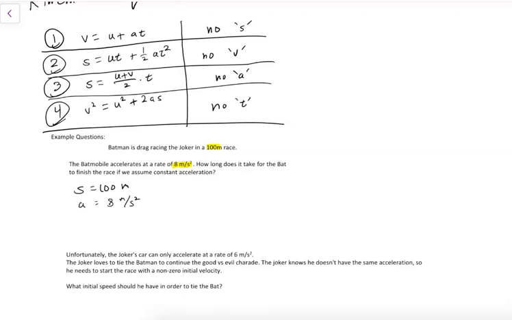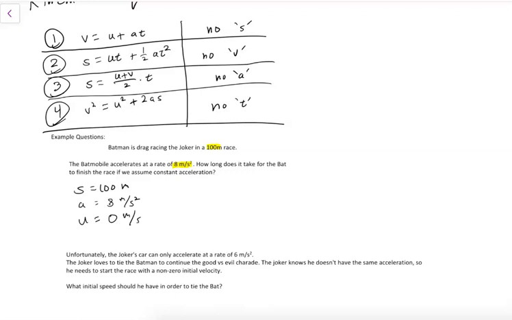Now, there is something hidden in here, and it's the fact that it's a race. And racers start at a starting line, and they start with a 0 velocity. So we can implicitly pull out that Batman's initial velocity is going to be 0 meters per second. Once you have this as S, A, and U, then you go up to your equations that you have written down somewhere,